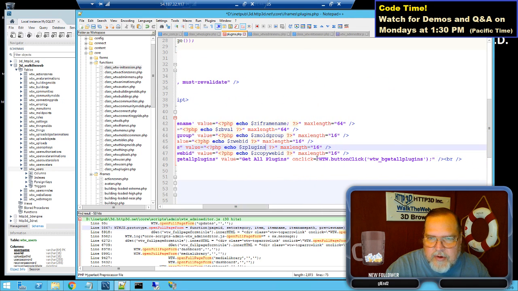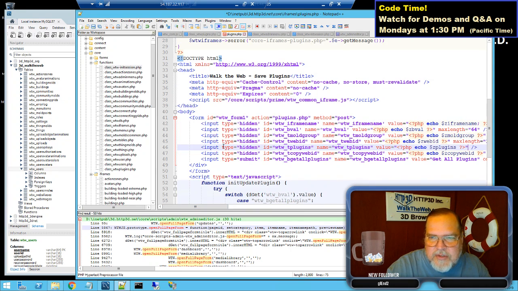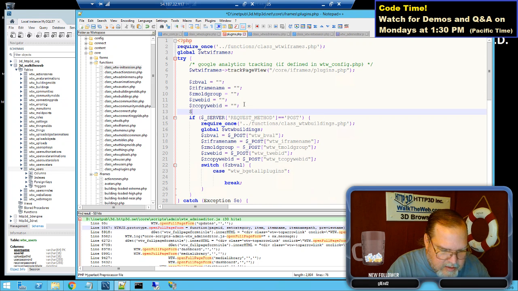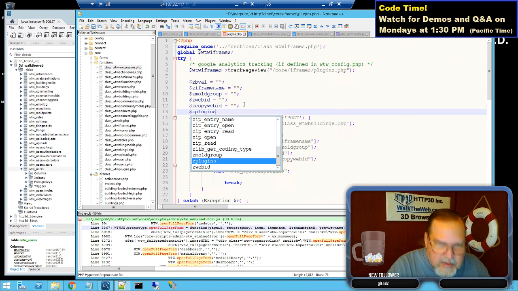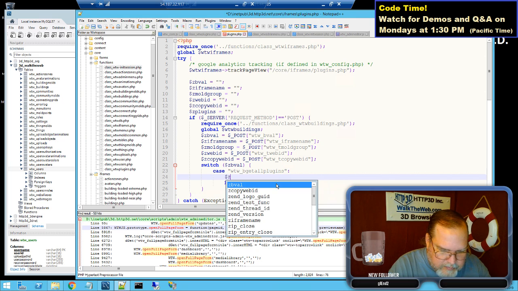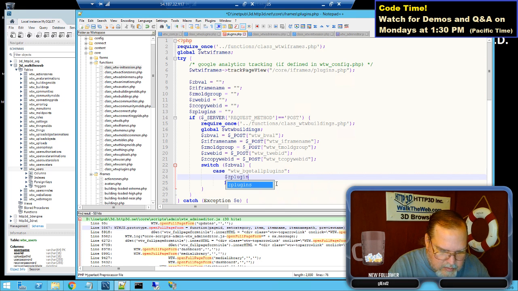Okay, and there is no max length on that because we're returning it, so it's not something somebody's putting into this, it's something we're taking back out. And then we'll add plugins equals blank, and here it's going to be plugins equal, and then it's going to be some process that we're going to pull from